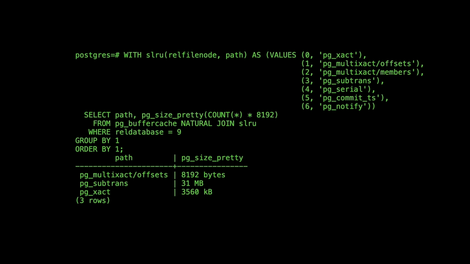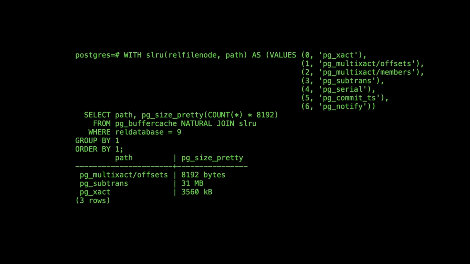And you can see here I've managed to get 3.5 megabytes of CLog into my buffer pool, and that's after running about 10 minutes of pgbench on an 8 megabyte system. That's obviously more than would fit in the standard 1 megabyte buffer. Earlier I showed on a slide that there was 2 megabytes of memory occupied by the exact